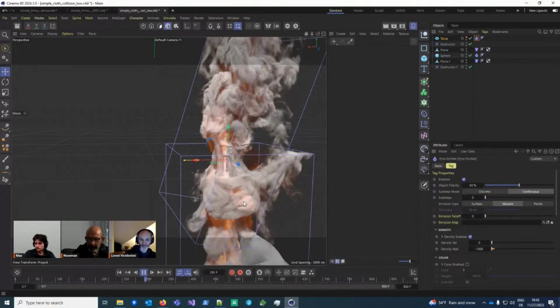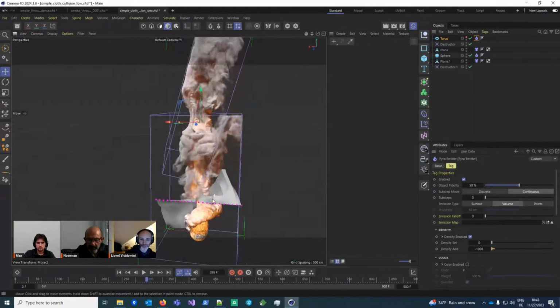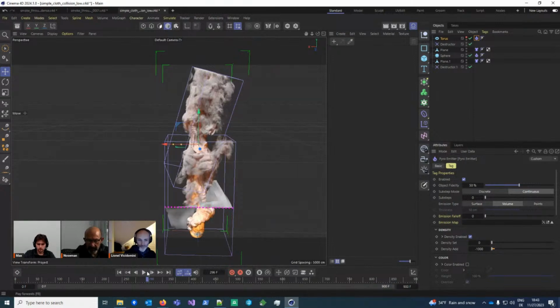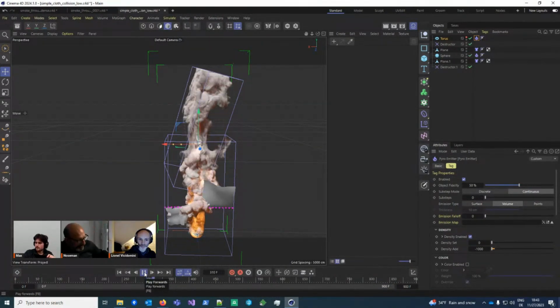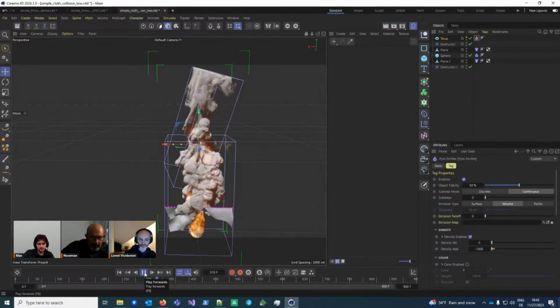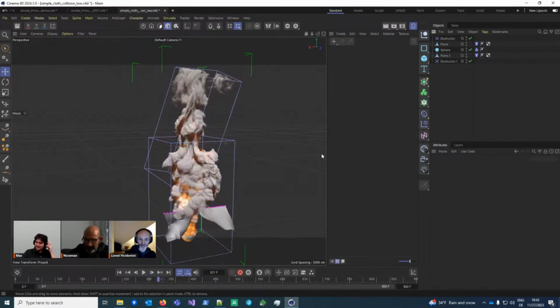Yeah, this is what I find amazing. It's so easy to sculpt your pyro and make any kind of shape you want. And towards the end of the presentation, I'm going to show you something that very few people know. So hang in there, call your friends and family, because we're going to see more interesting stuff.